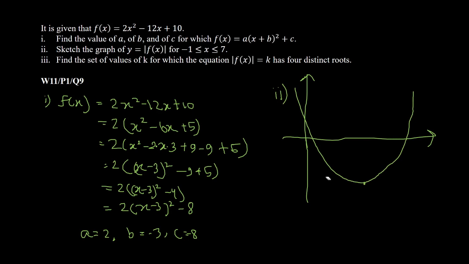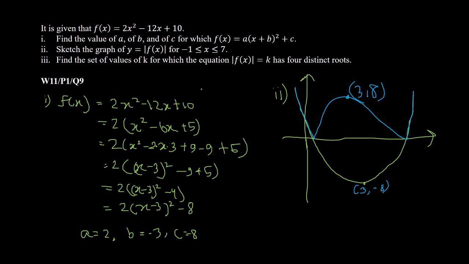But because it's a modulus f of x, this means that any negative solution will not exist, which means that the graph can never be negative. So your actual graph will have to be on the positive side. So our graph would look something like this. This blue one here is your main graph, and this one is going to be 3 comma minus 8. And because the distance from here to here is 8, the distance from here to here is also going to be 8. So this one is going to be 3 and 8. Okay, but this is your main